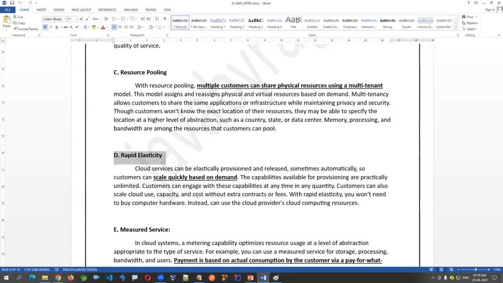My application is running on one server. Suddenly the number of users becomes more. I'll create one more server and one more server, like I'll create multiple instances. That is called scaling. We have both horizontal and vertical scaling. Scaling is going to give customer service actually fast. Of course, we are not going to have any additional burdens. It is the rapid elasticity nature.